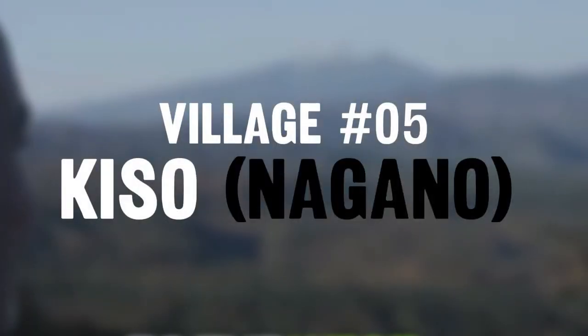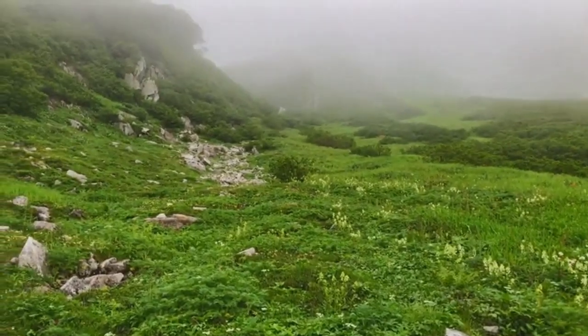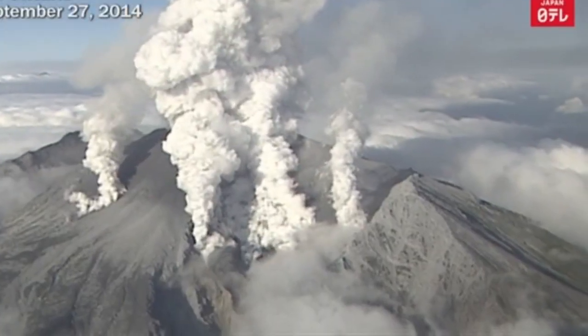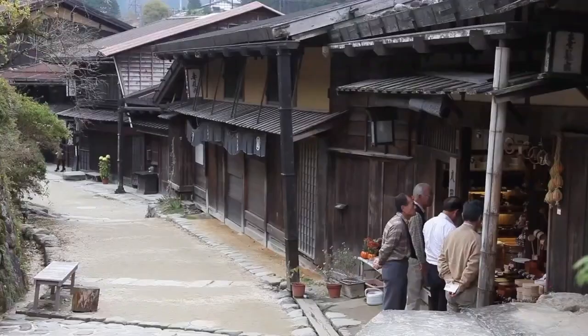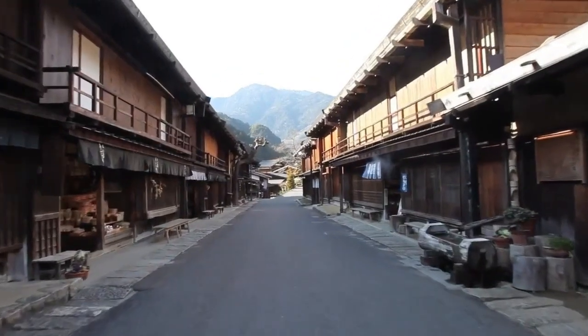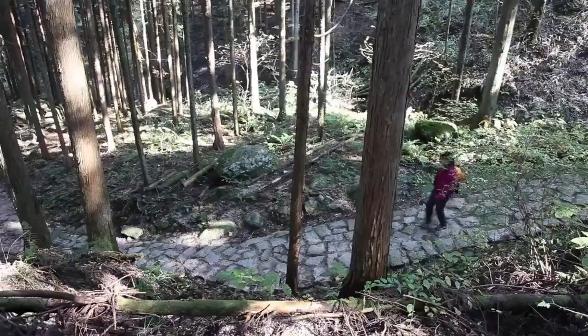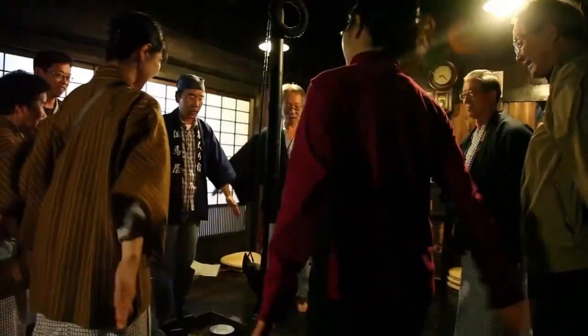Kiso, Nagano. The town of Kiso sits quietly among the towering peaks of the Central Alps. To the west, Mount Ontake rises over the landscape, adding to the town's dramatic backdrop. Kiso is steeped in history, once serving as a key stop along the Nakasendo Highway, a centuries-old road that connected Kyoto and Tokyo. Back then, it was known as Yabuhara-juku, one of many post towns where weary travelers could rest